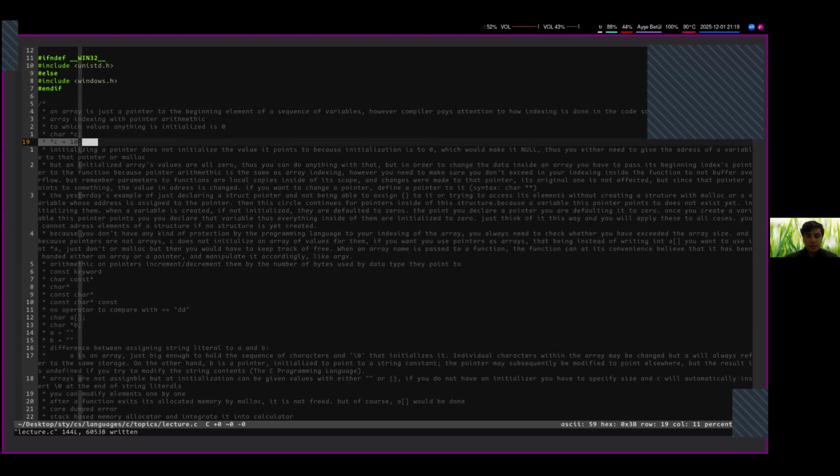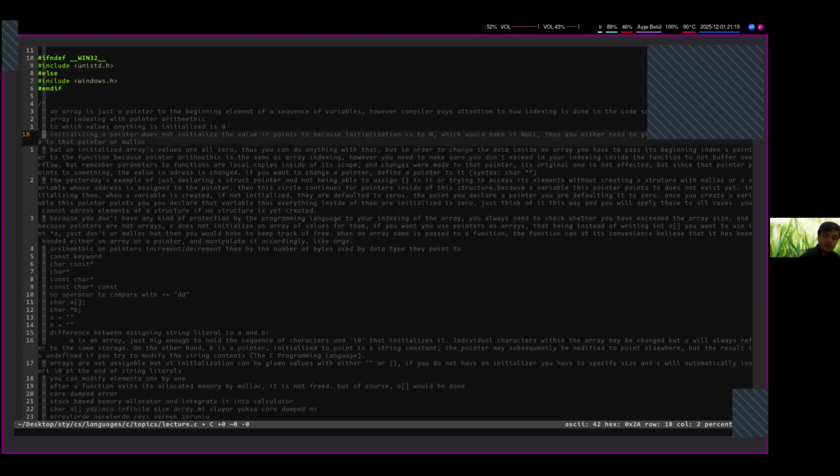And yeah, I think this demonstrates the difference, actually the inner working mechanism of initialization and how pointers and arrays work pretty well. So use arrays when you have to use arrays. Initializing a pointer does not initialize the value it points to, because initializing is to 0, which would make it null. Thus, you either need to give the address of a variable to that pointer,